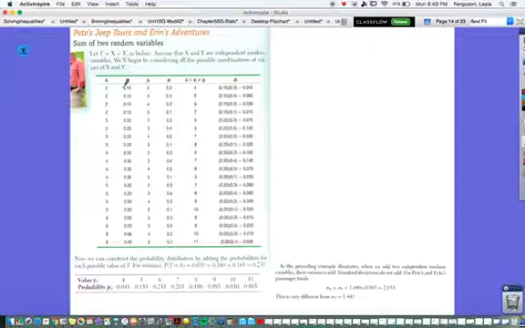The first row has to do with 2 passengers for Pete's, 2 passengers for Erin's, and so